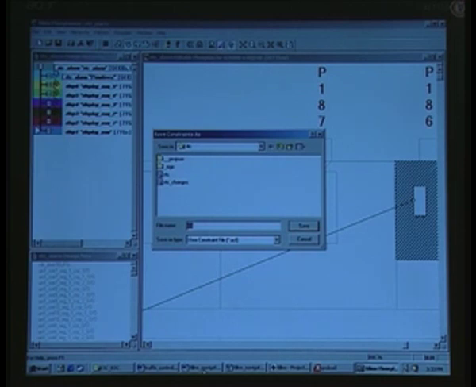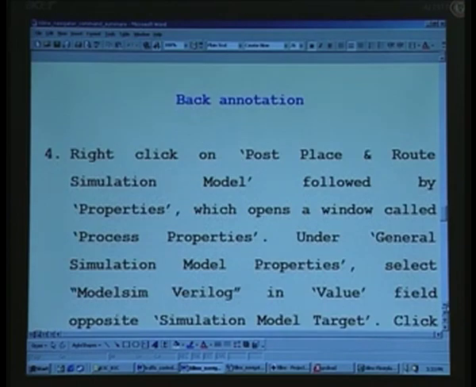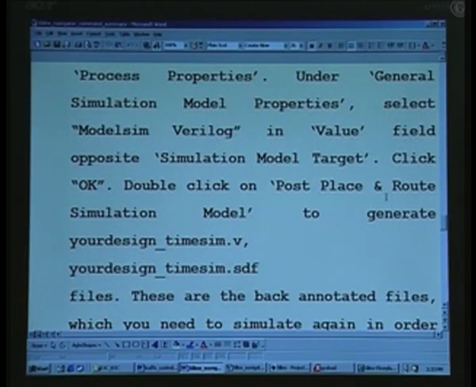And coming back to the command summary here, we have already seen how to back annotate using the Xilinx design manager earlier. Now we are going to see in the navigator how we do this back annotation. So, right click on post place and route simulation model followed by properties, which opens a window called process properties, which we have already seen. Under general simulation model properties, select ModelSim Verilog. In that one, part of the menu will be this ModelSim selection, and you will have to select this particular thing in the value field opposite simulation model target, and click OK,